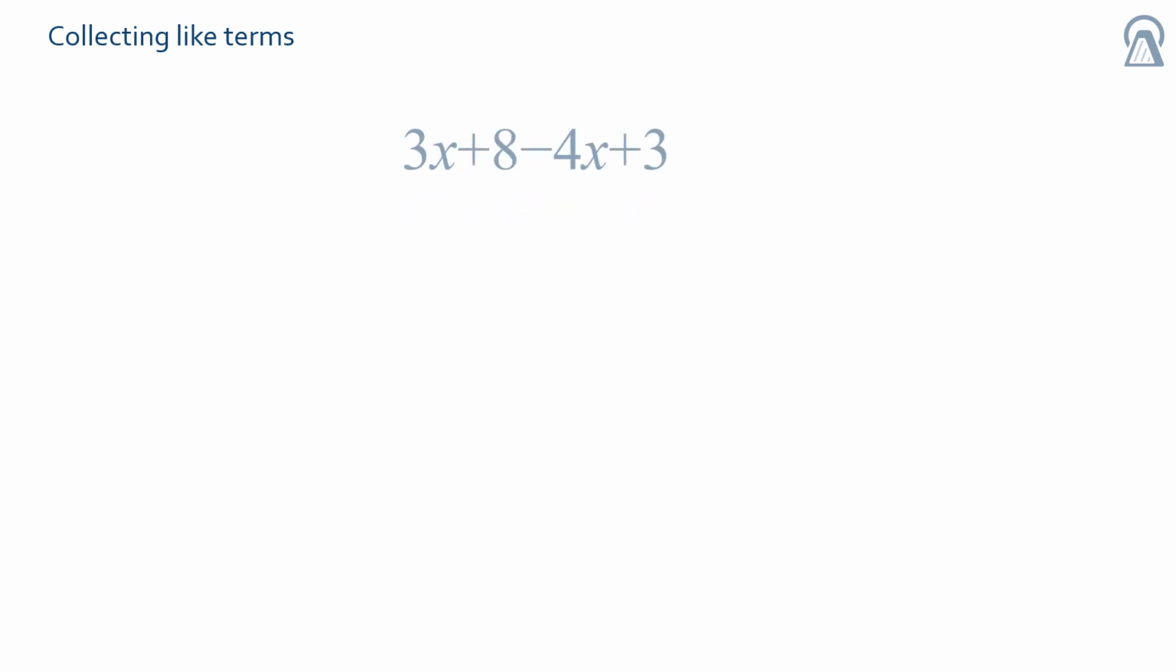So for our first example, let's have a look at 3x plus 8 subtract 4x plus 3. First thing we need to do is identify which are the like terms, so those which are the same variables. So we have a 3x and a negative 4x, and we have a constant 8 and also 3. So our second step is then to combine those like terms, so add or subtract them depending on whether they're